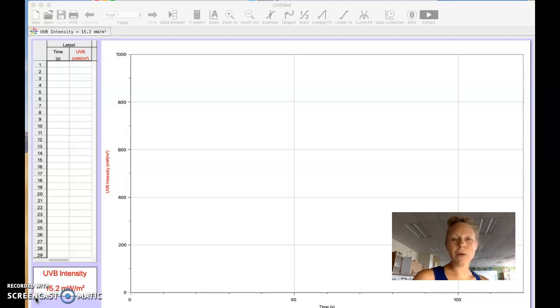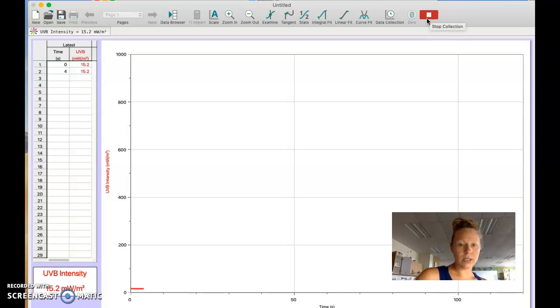Hey there. In this video, I'm going to show you how to label a graph and print it for our lab results. Here, I have connected to the computer a LabQuest Mini with a UVB probe. So I'm going to start pressing collect, and you should see it collecting every